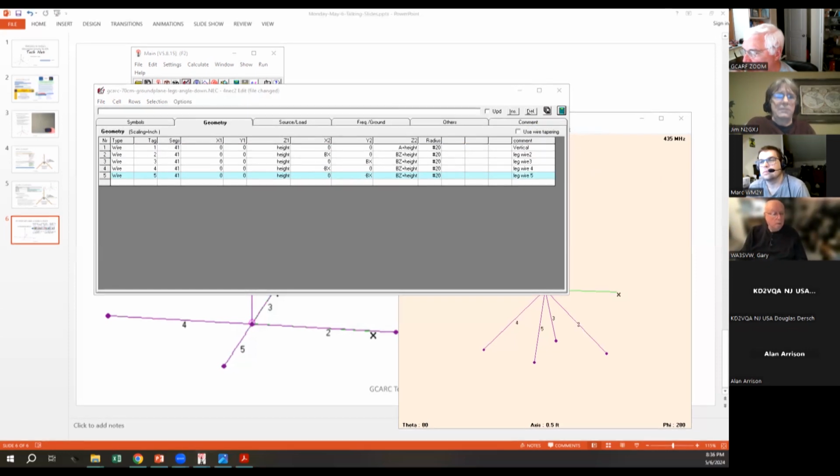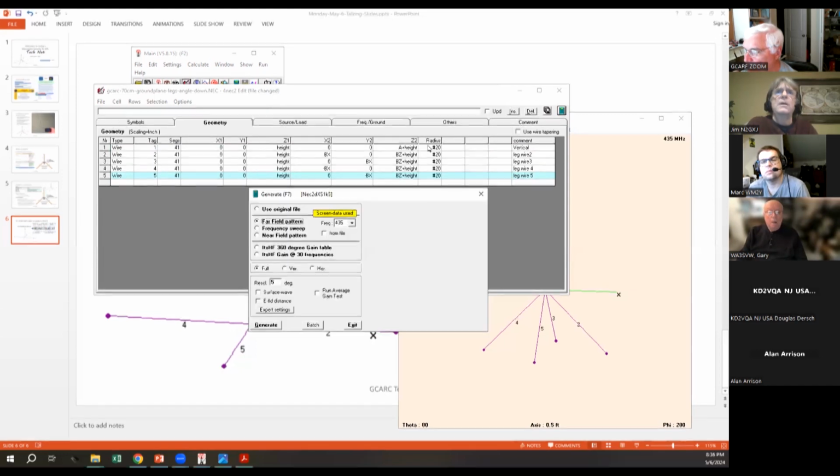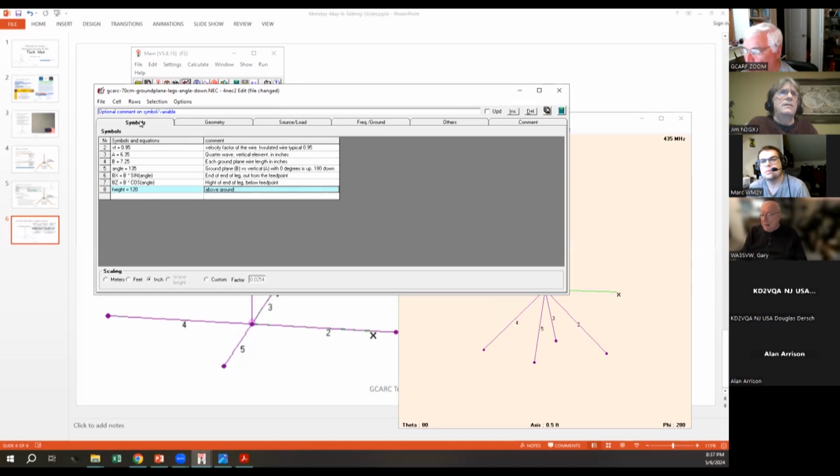I'm going to click this thing and I'm going to do a far field pattern. How did you add the frequency? How did you add the column? He didn't add a column, he added a row. Oh, so I'm going to go back to some. I only have 2 columns. I can add a row, but